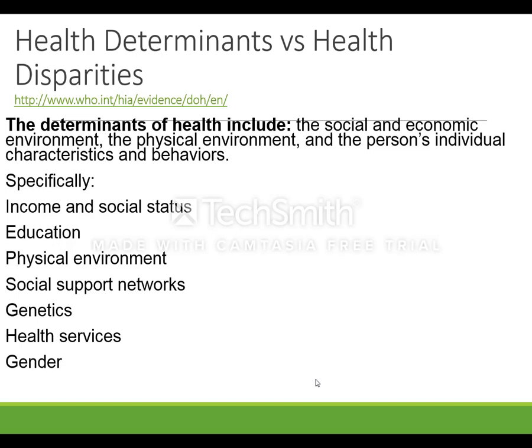So, health determinants may be things that you have control over, but they also may be things that you don't have control over, right? So, your physical environment: if you have an apartment that has terrible mold or bad air quality, or you live in a place with bad air quality and bad water, sure, just move. Get out of there. Well, how easy is that when you don't have a job, you don't have a car, and you're living in a tenement or a mud structure in a third world country, right? So your physical environment helps determine how healthy you are, right? If you don't have clean food and water and air, then it's going to affect your health. But people may or may not have control over it, right? You can control your attitude, you can control a lot of things, but you can't control